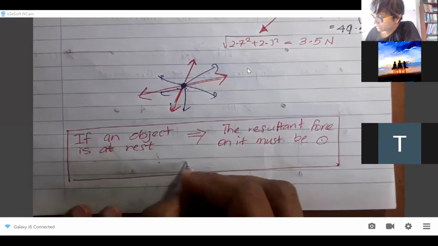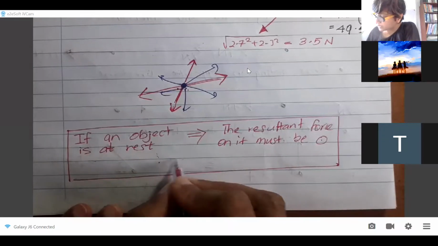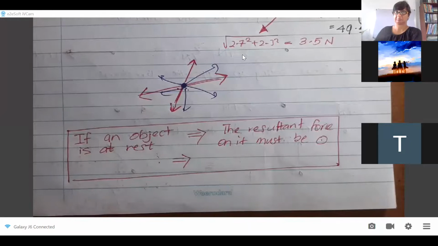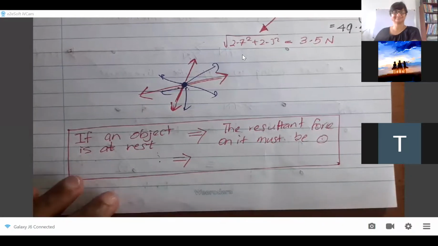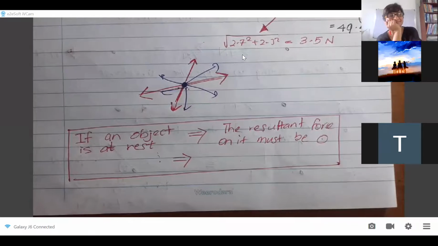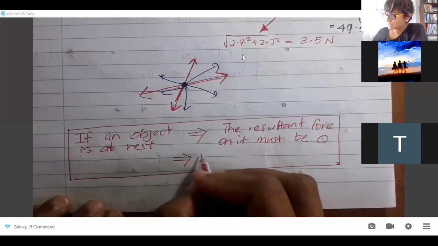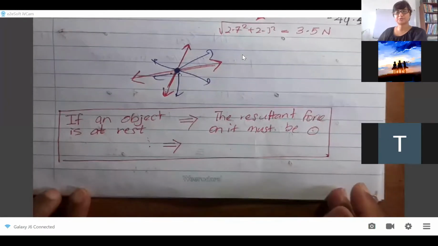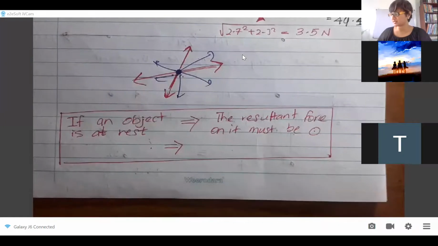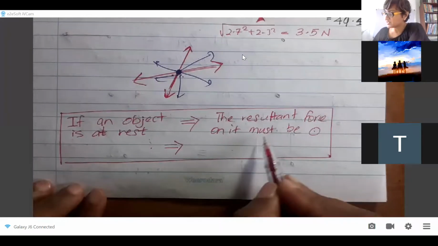And can I add one more thing? So if the resultant force is zero, there are two little formulas that you can apply. I'm sorry that I might have to go out of this box to write that other thing. If the resultant force is 0,